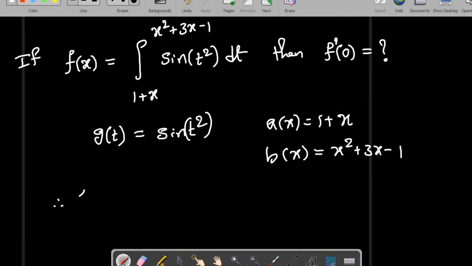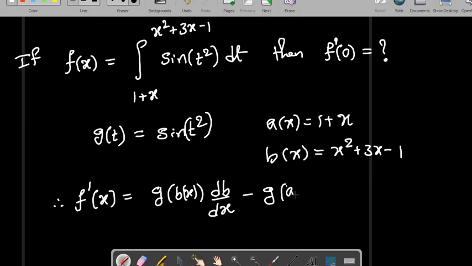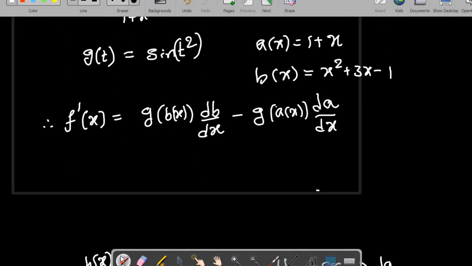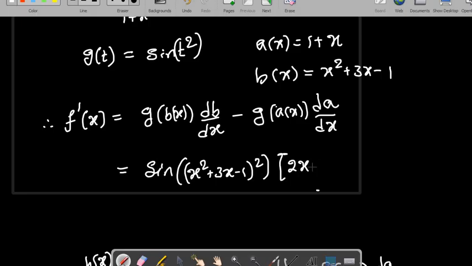So therefore you can write f dash of x, which equals g of b of x into derivative of b with respect to x, minus g of a of x into derivative of a with respect to x. And you know what g of x is, which is nothing but sine of t square. Therefore this is sine of, you know what b is, (x square plus 3x minus 1) whole square, and the derivative of b is going to be 2x plus 3